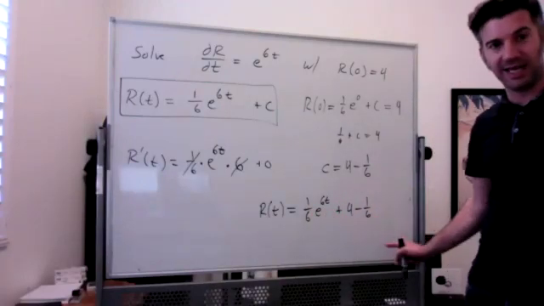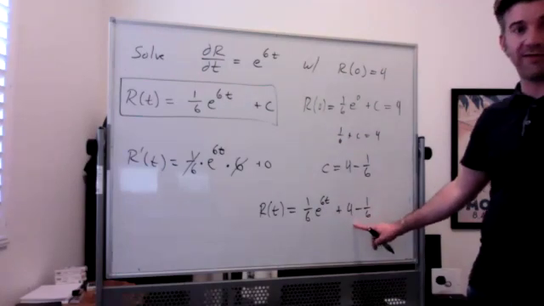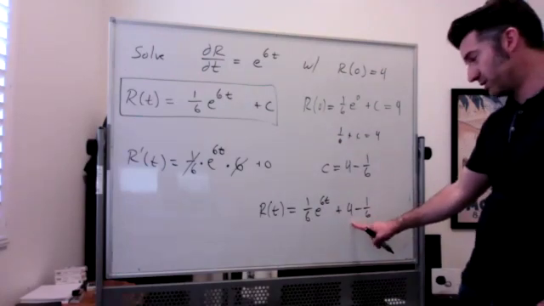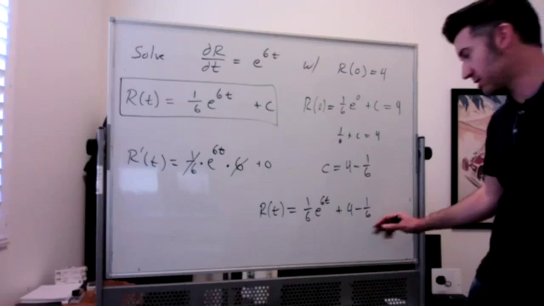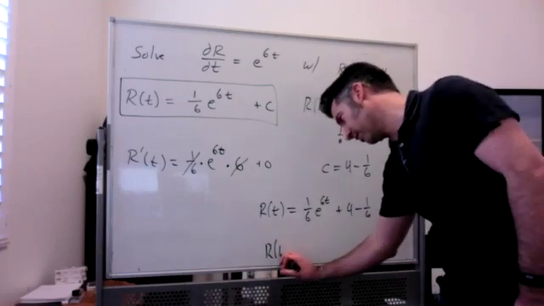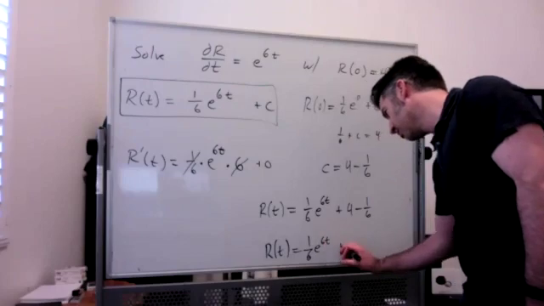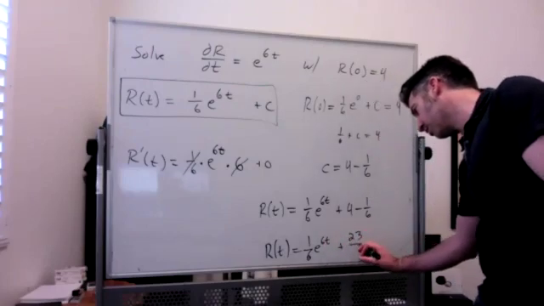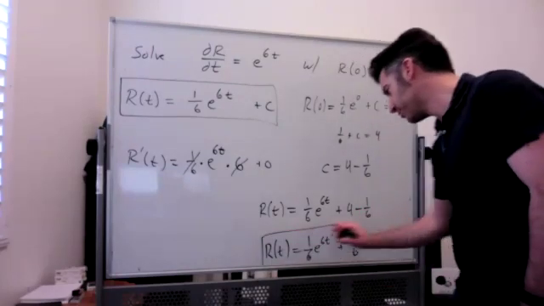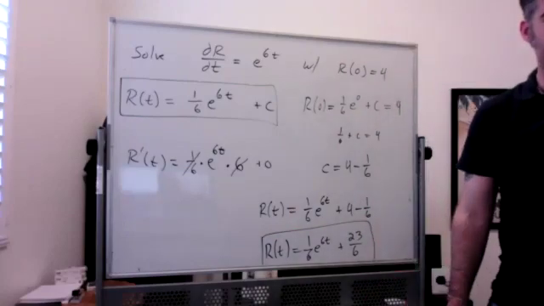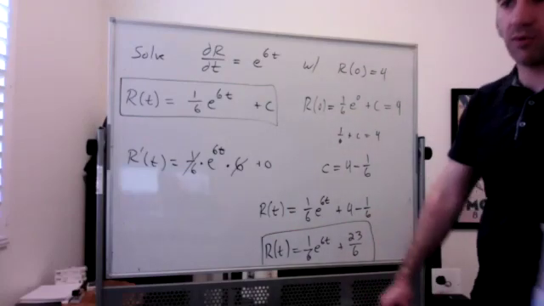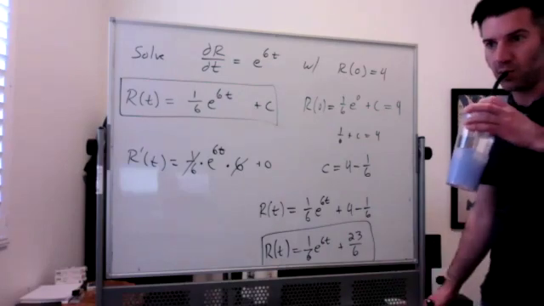Making this just slightly nicer, 4 becomes 24/6, and 24/6 minus 1/6 is 23/6. So I would write the final answer as r of t equals 1/6 e to the 6t plus 23/6. There's our final answer. We'll do some more of these in a second, but let's go ahead and